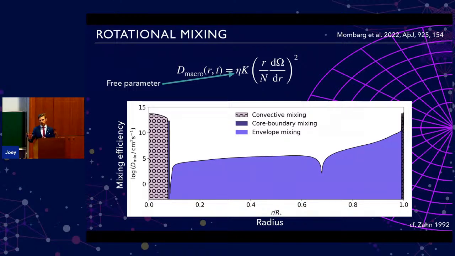So further out, you need to have a higher value of mixing to impede the settling of helium. In this way, we find in a quite natural way that we get these profiles where the mixing is quite low near the core, and then further out it's high, or it's also higher than what we find if we just use a constant value for this mixing.